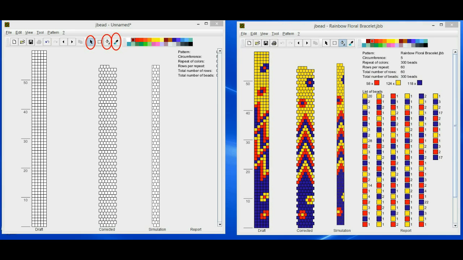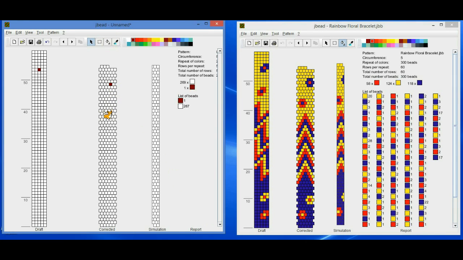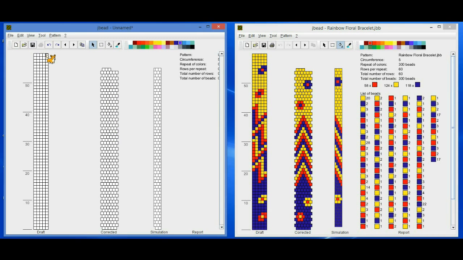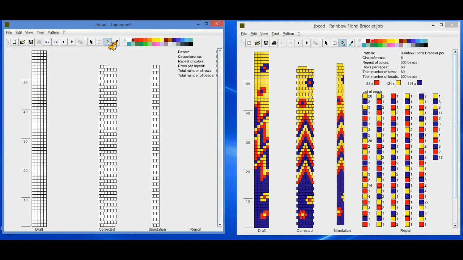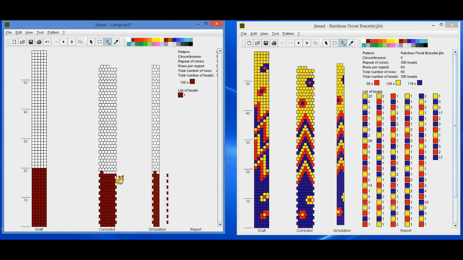The pencil tool fills in 1 square on the corrected graph at a time with each click, while on the draft graph you can fill in multiple squares at one time. The fill tool fills in multiple squares at a time on both graphs.